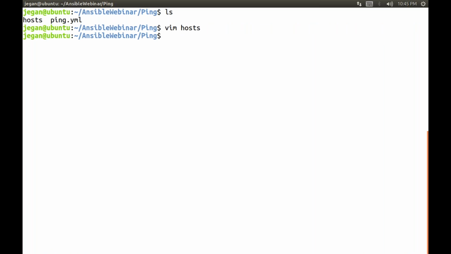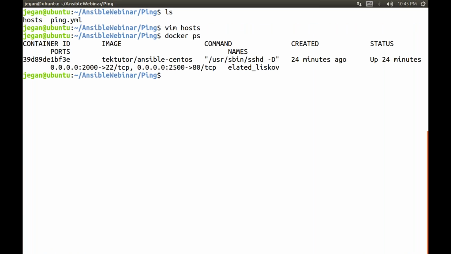Okay, now let us do a Docker PS. Maybe what I'll do, I'll try to launch one more instance of this machine. So let me see. Docker. Yeah, this port 2000 is already taken, right? So I'm going to create